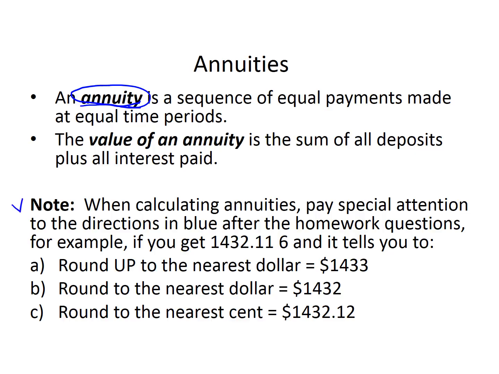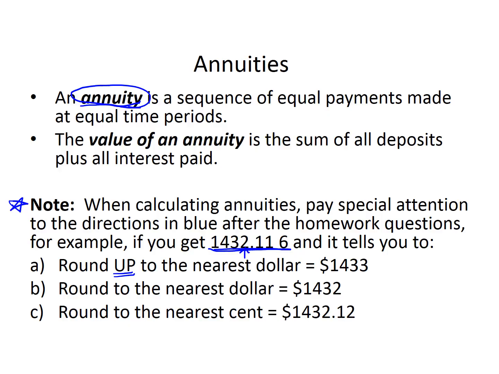The thing that you're going to have to watch for, especially when you're doing your homework, is the verbiage at the end of the problem telling you how to round. When calculating annuities, pay special attention to the directions in blue after your homework questions. For example, if you get something like this and it tells you to round up to the nearest dollar, you would actually make it